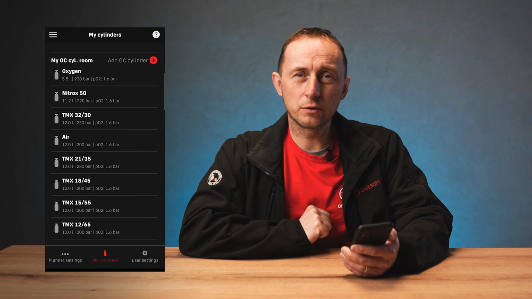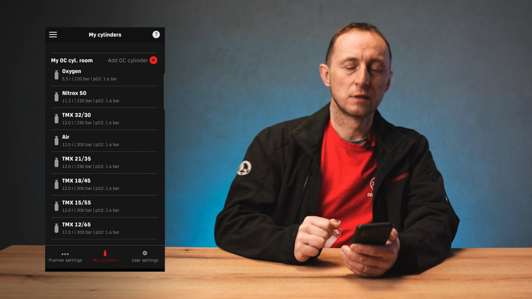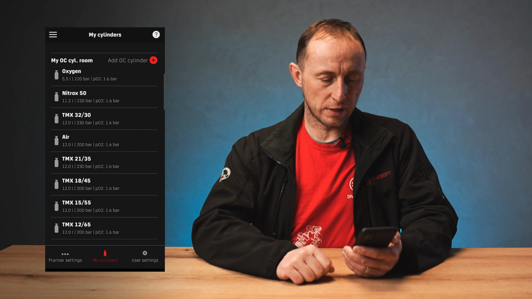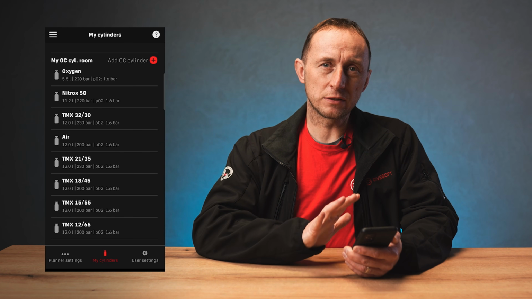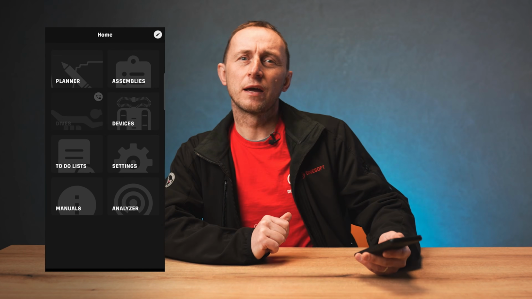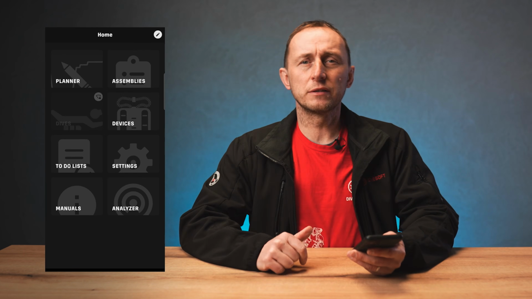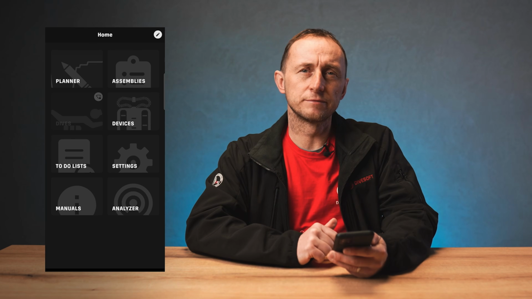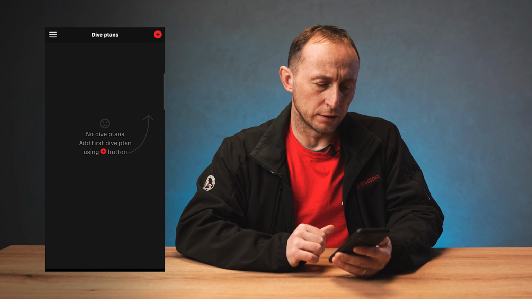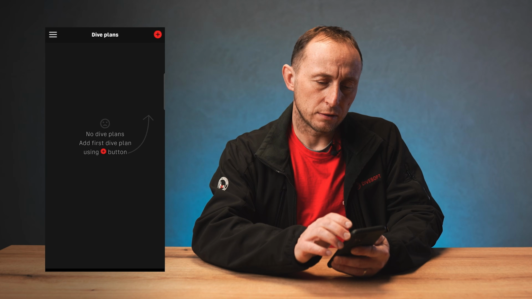So, and I can continue like that with all the gases and prepare the gases for the dive itself. I have them in the storage now. All right, so we set everything we need, and now let's finally take a look at the planner itself. So open the planner, and we don't have any plans here. We have to press the red plus button,